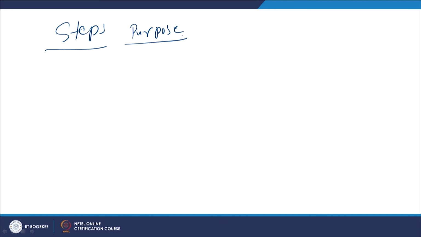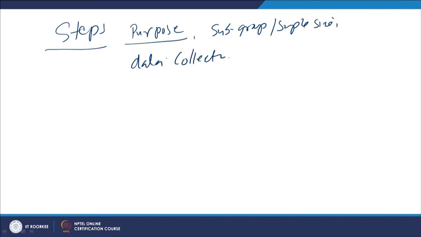There is a purpose for every chart, and that is understood. Thereafter we determine the subgroup or sample size that should be taken, and then we go for the data collection, and after the data collection we calculate